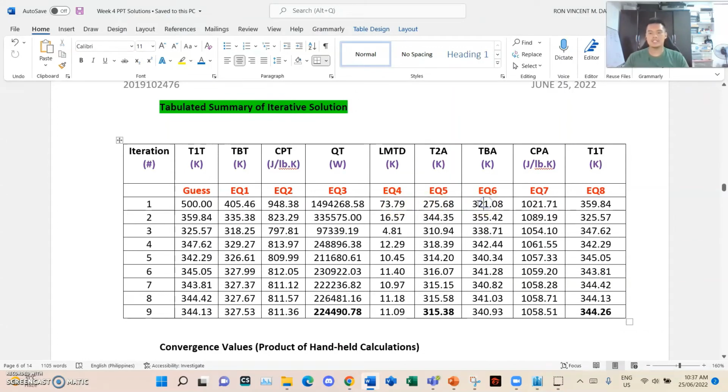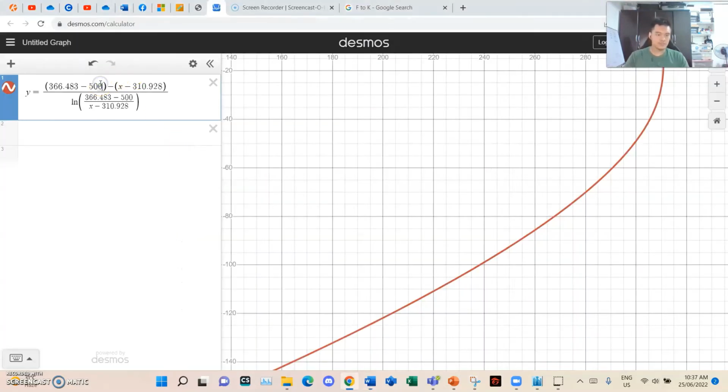Then the Excel will continue on until T1T, and then still continues on automatically, and then a new LMTD method corresponding to a new T1T. So let's do it again. So 359.84, oh sorry, 359.84, and then also here